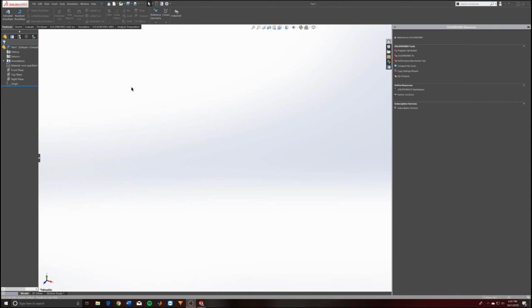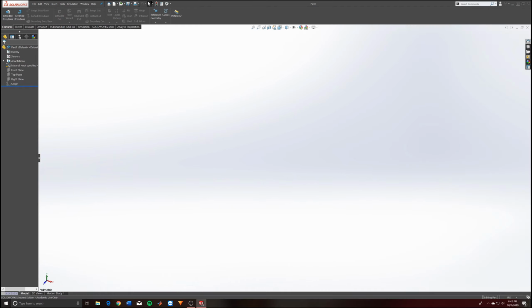Alrighty guys, so once the part window is completely loaded up, you're going to see a lot of the familiar taskbars and the design tree down here that we talked about last time in the first video. If you do not know what I'm talking about when I talk about the manager bar up here, the taskbar, and the design tree down here, then please refer back to the first video if you want a better understanding as to what all of these taskbars and tabs and windows essentially do and how to customize it to your liking. But for today's video, we're going to dive down into the sketch tool and the features tool, because these are the two main things that you're going to be using when creating parts in